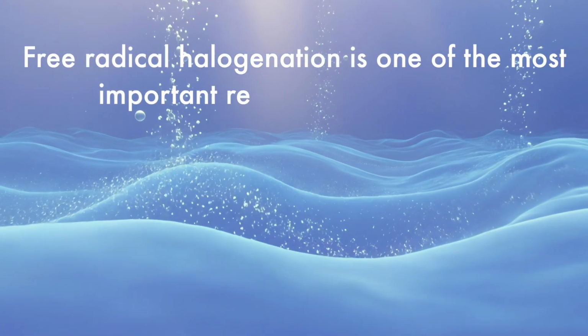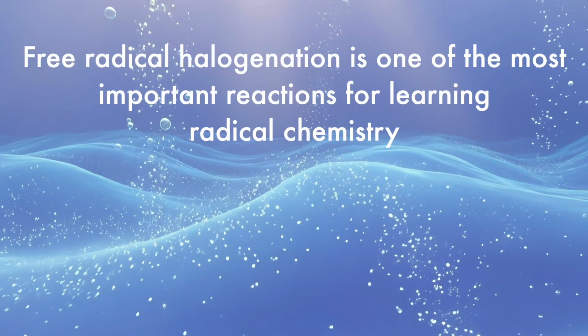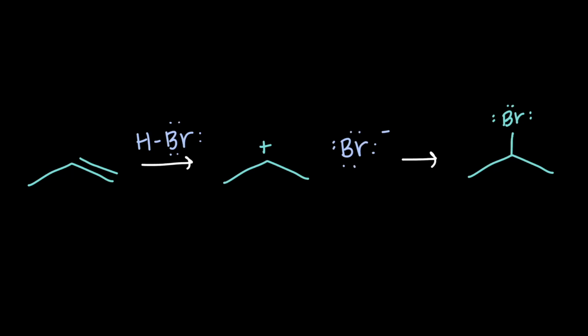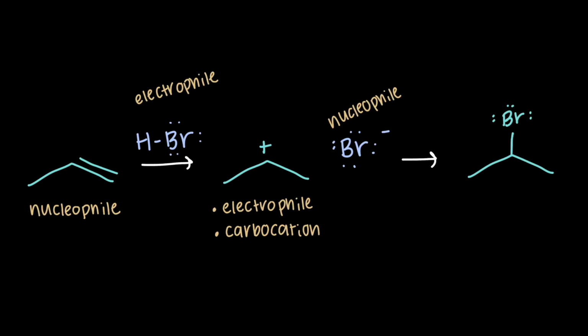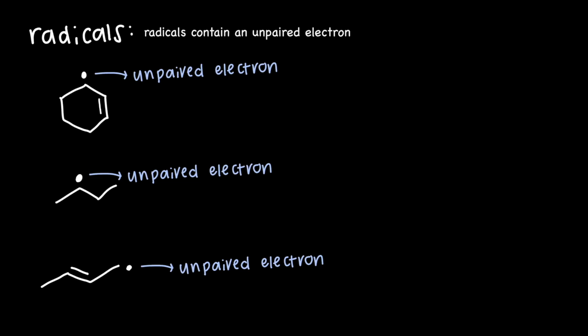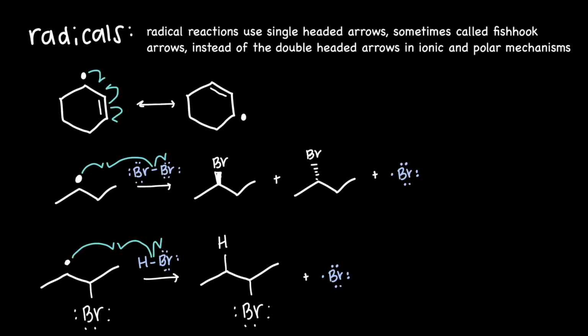Free radical halogenation is one of the most important reactions for learning radical chemistry. Up until now, most of the reactions we have discussed involved nucleophiles, electrophiles, carbocations, and electron pair movement. But radicals are different. Radicals contain an unpaired electron. Because of this, radical reactions use single-headed arrows, sometimes called fishhook arrows, instead of the double-headed arrows we use in